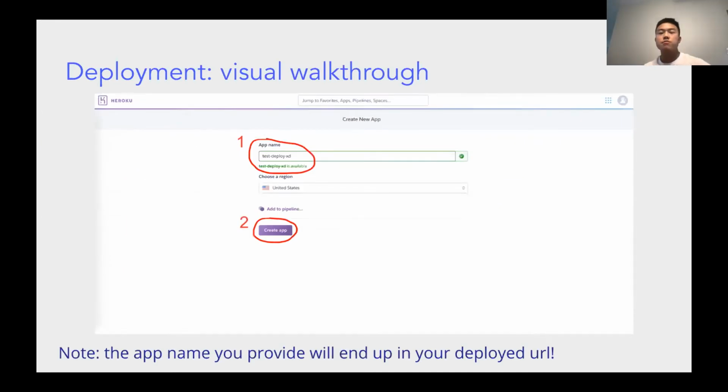And that's going to take you to a page like this. So what you've basically done is you've instantiated this new application that Heroku is going to host. What you need to do is give it a name. So I just named it this, but you can name it whatever you want. Maybe like